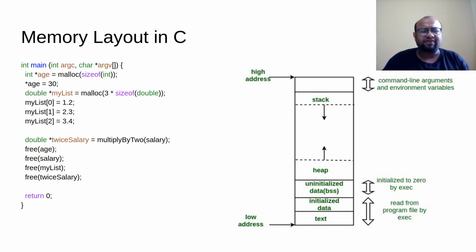Once I have allocated some portion of memory for my task, when my task is complete, I have to free up that memory. Now here you can see this is the syntax to free up the memory. Alright, so this is what it is. You allocate memory in heap. When you are done, you free up.